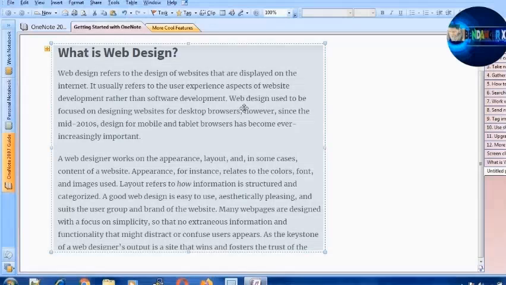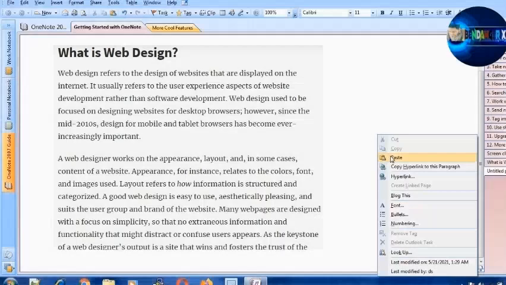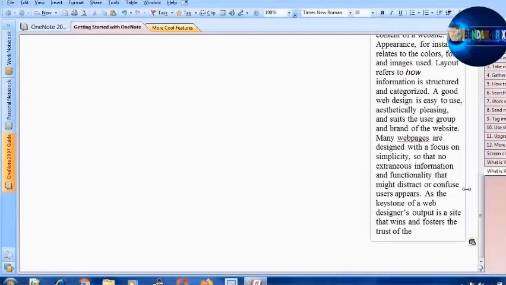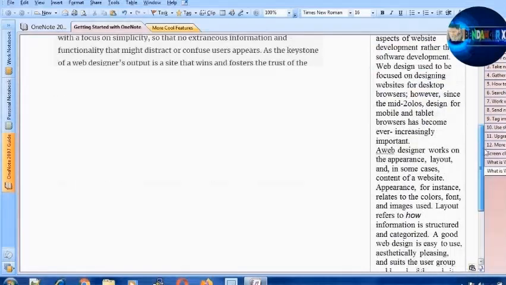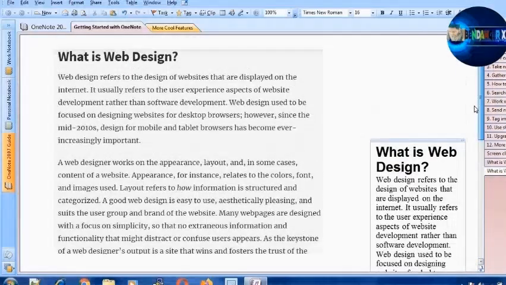Click there, and after that come to the right and click once, and after that paste. Once you paste that, it will convert the image to text.